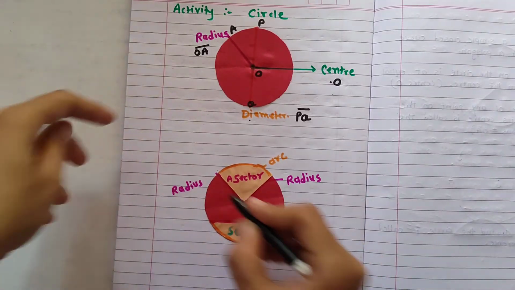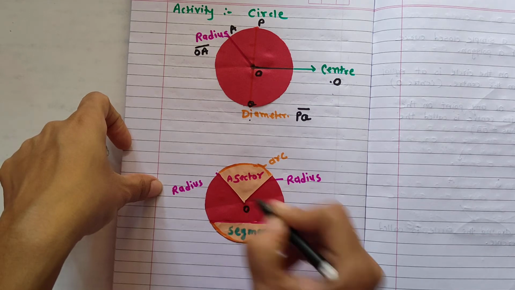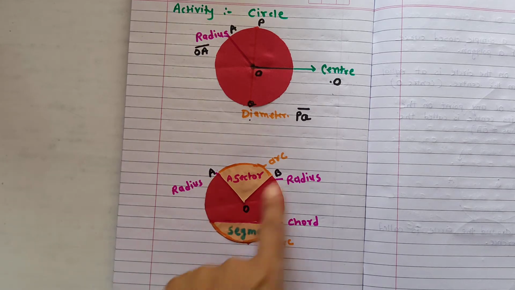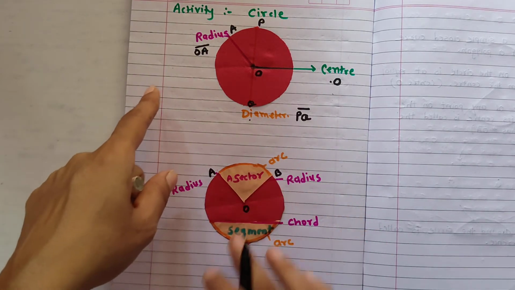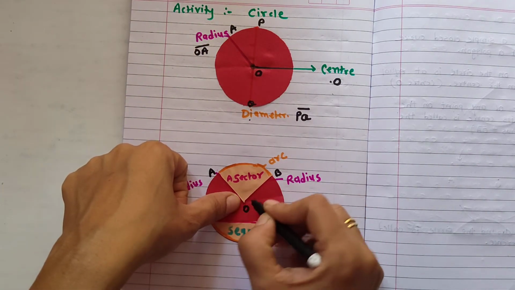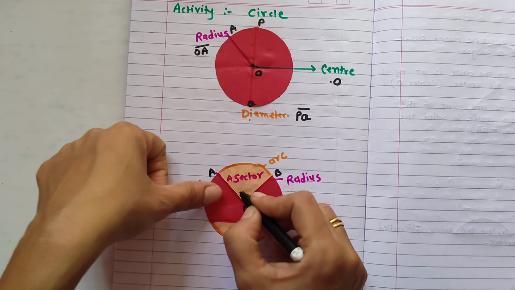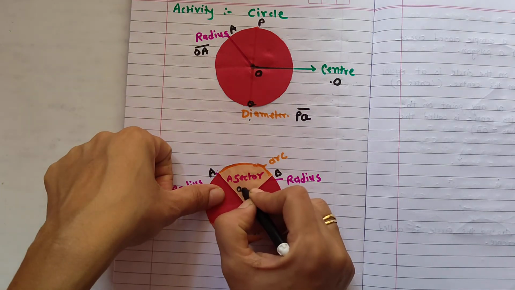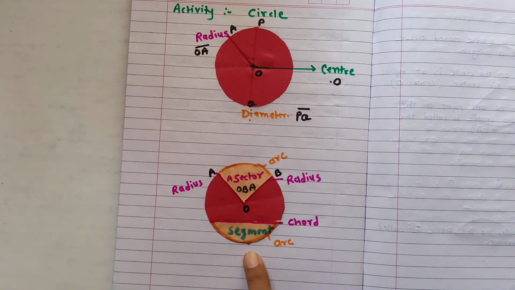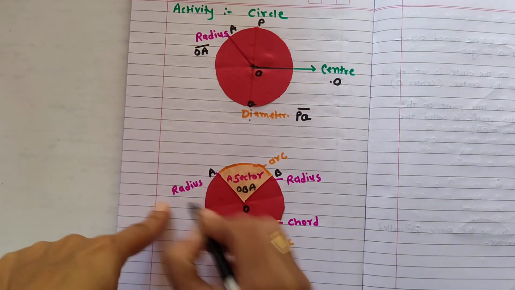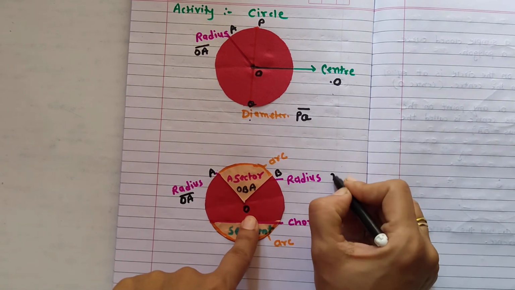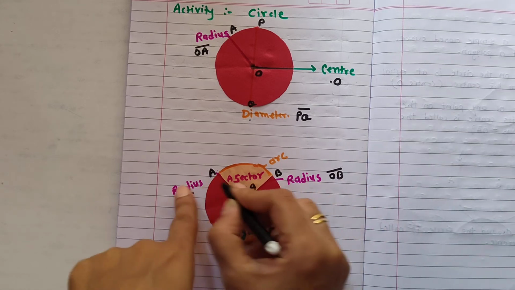Then here arc, you have to write the name again. This is center point O, this A is radius, A and B, AOB or ABO. So write here OAB, we start from center, so write the sector OBA. This is sector OBA. Okay, and here which radius? OA, and here which radius? OB, and arc AB.